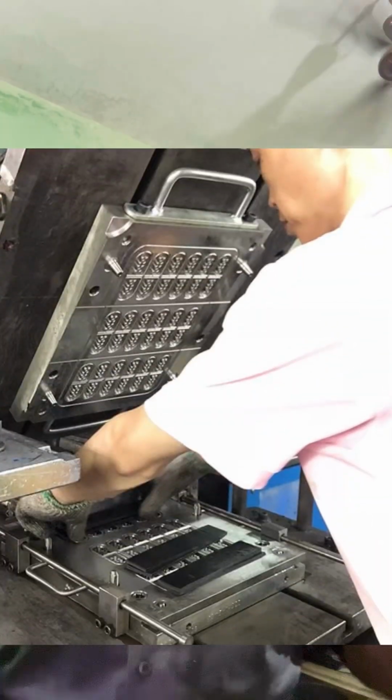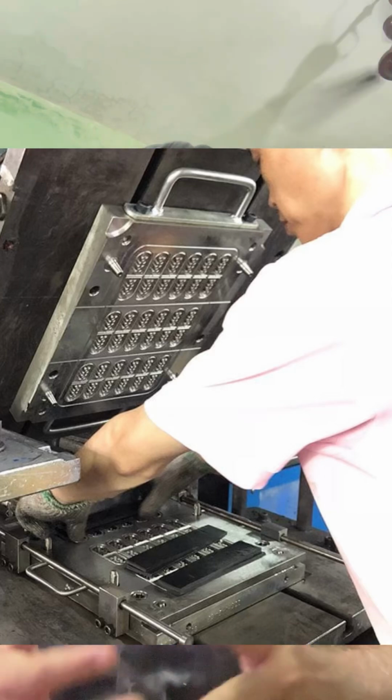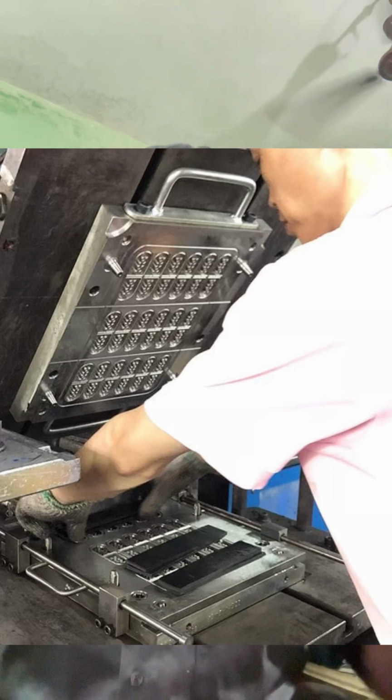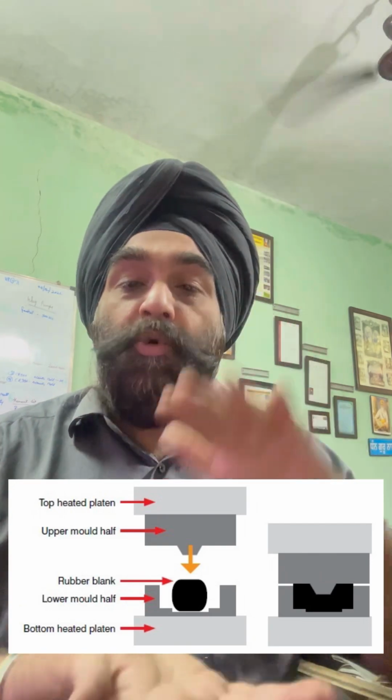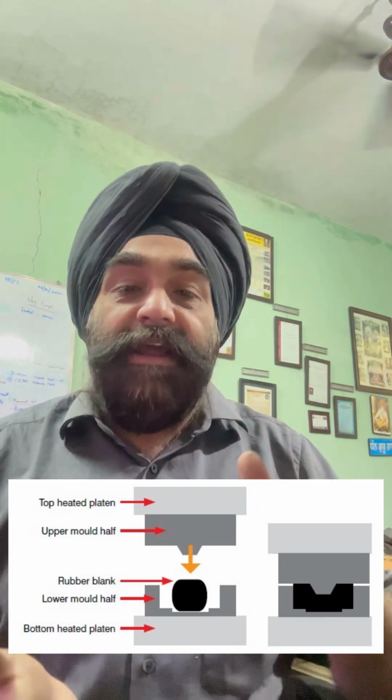So what is compression molding? Well, if you see the image below, it shows that there are two halves of the mold, and that mold is preheated to, say, according to the rubber material, 160, 170 or 200 degrees, whatever is required according to the rubber curing temperature. There are three main parts, like a mold, and then the mold having two halves of the cavity, and then a